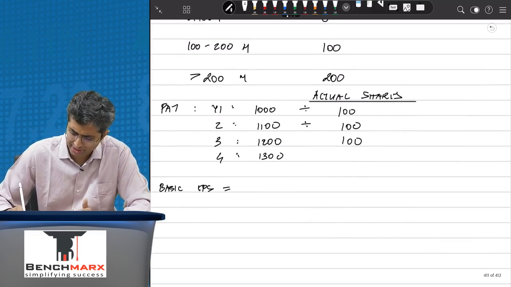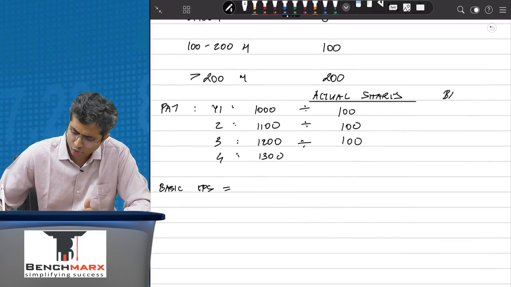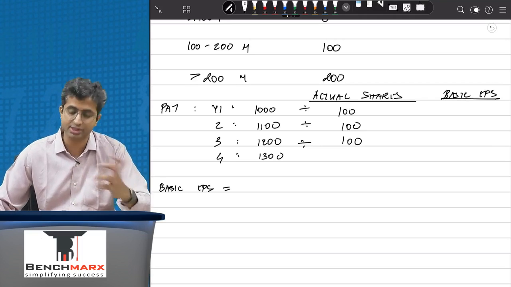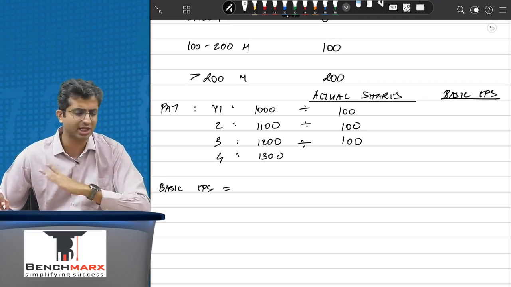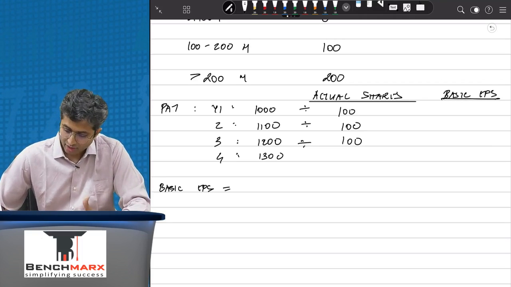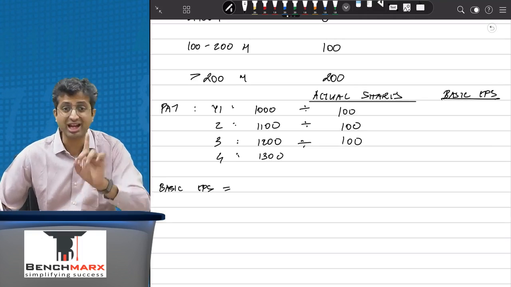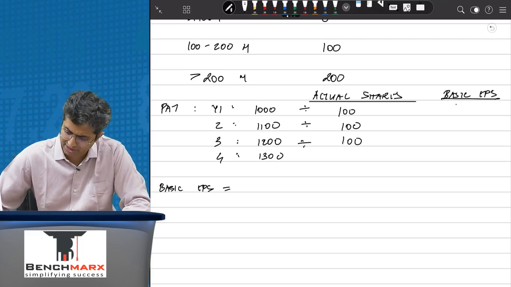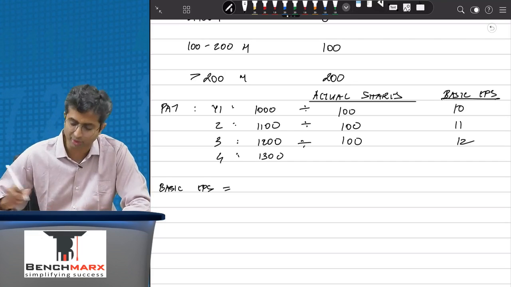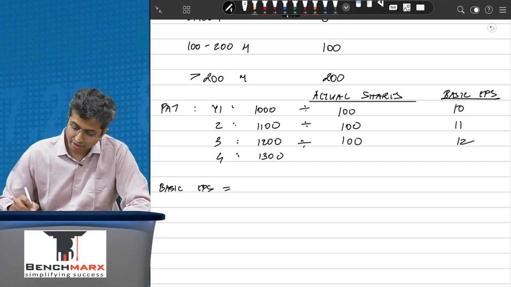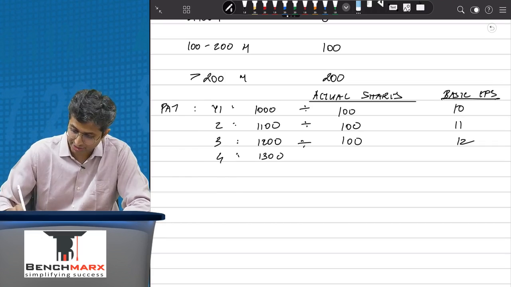on the actual shares. And over here, till the time the 3rd year is over, we will not know what the user base is. And as a result, in the basic EPS calculation, you will ignore these contingent shares till the time they are actually issued or they become issuable. So for example, this becomes 10, this becomes, let's say, 11, this becomes, let us say, 12. However, when you look at diluted EPS,